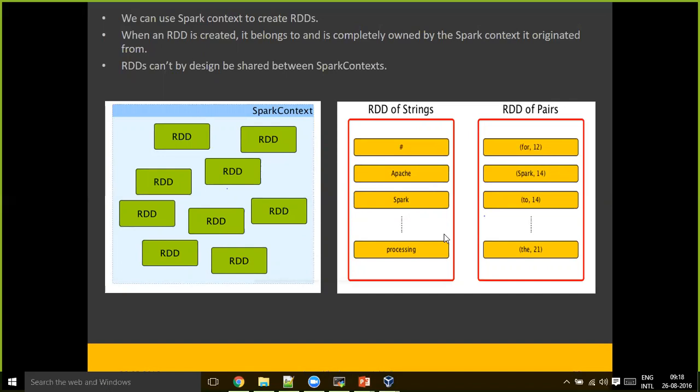If it is more than 128 MB, more than the block size, how does it accommodate that? See, in simple terms, I gave you one block equal to one partition. But ideally speaking, one partition equals one input split.